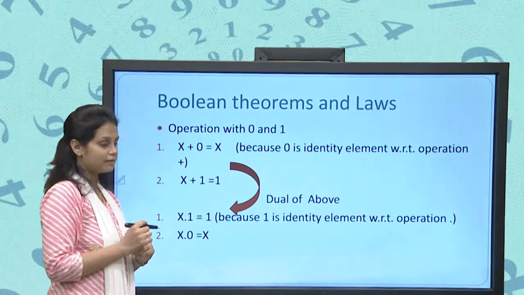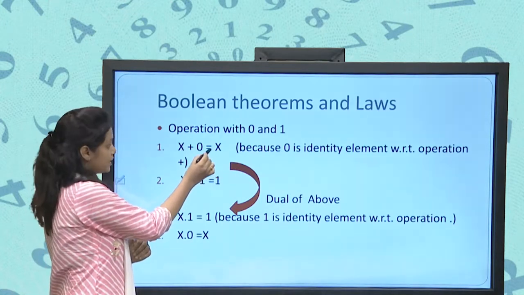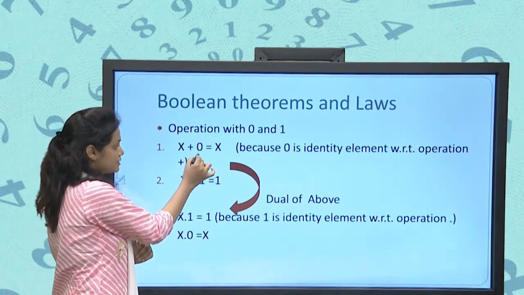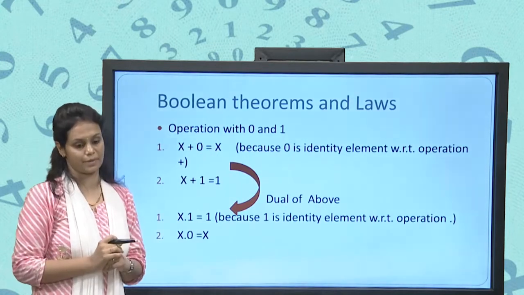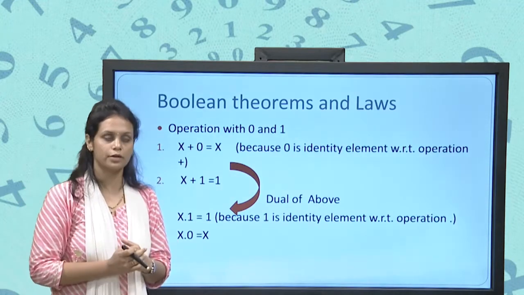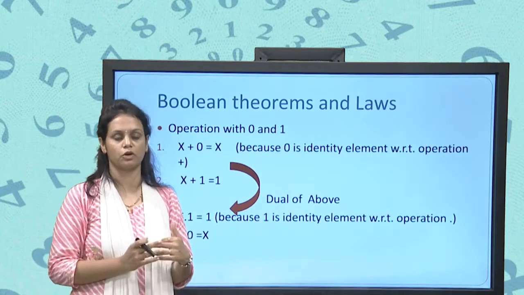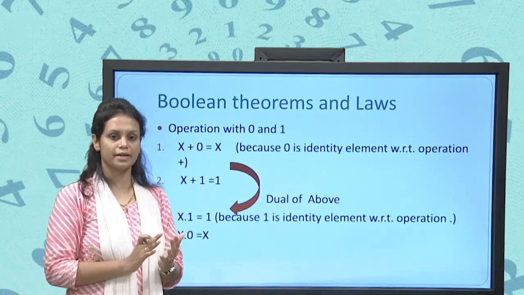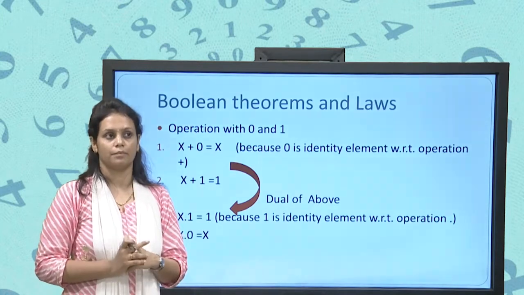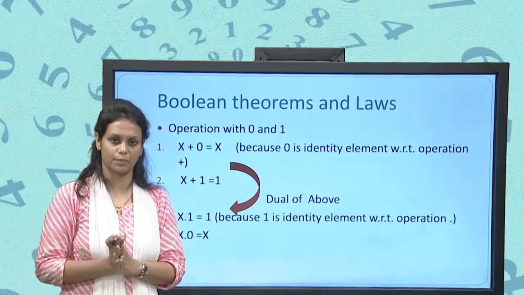So, in this x plus 0 equal to x, we get the mirror image of the x, and that is why we can say this 0 is the identity element. In our normal operation, while we are using the decimal system, 0 is the identity element, fine, 0 is the identity element with respect to the operation plus, 1 is the identity element with respect to the operation multiplication. Why? Because if we multiply any number by 1, we will get the mirror image of that number, fine.